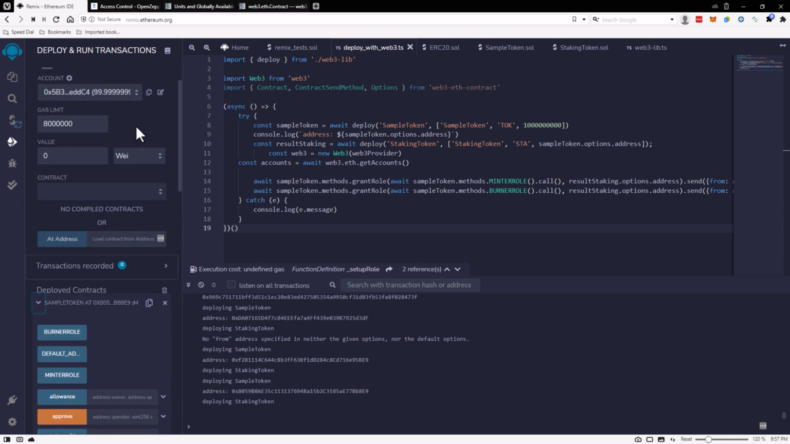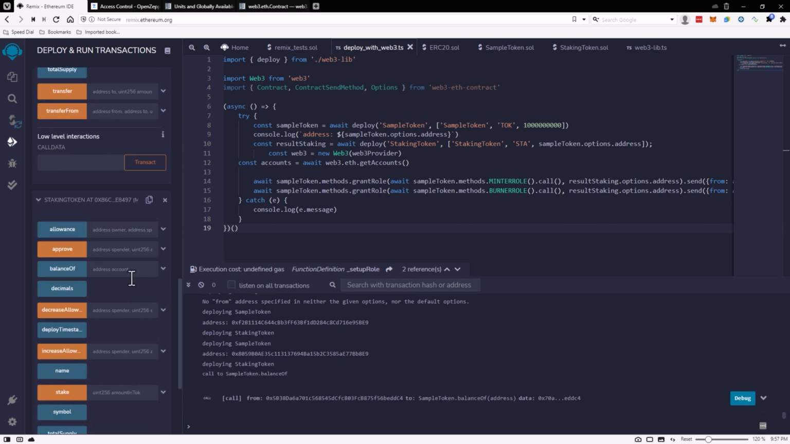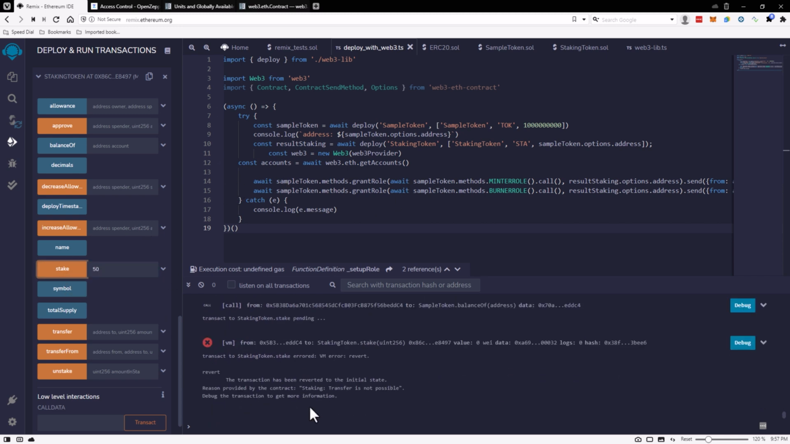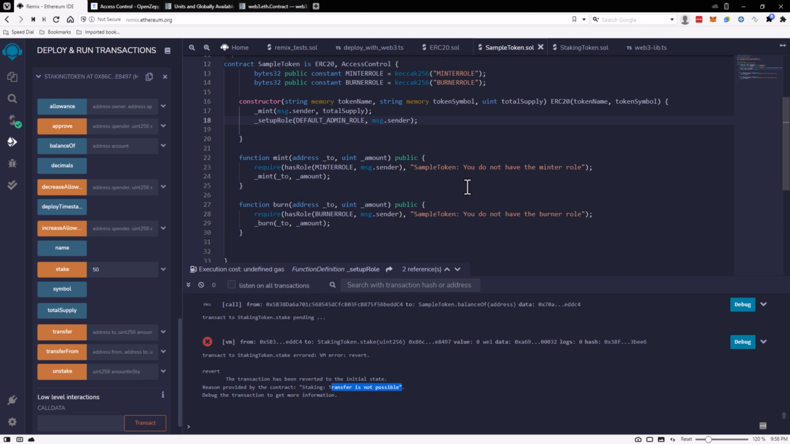Let's see if we have. Do we have a balance? Balance. Yeah, we have a balance. Can we stake? Is it the same error message? Oh yeah. Transfer is not possible. Perfect. So the last thing that we want to do is we want to allow